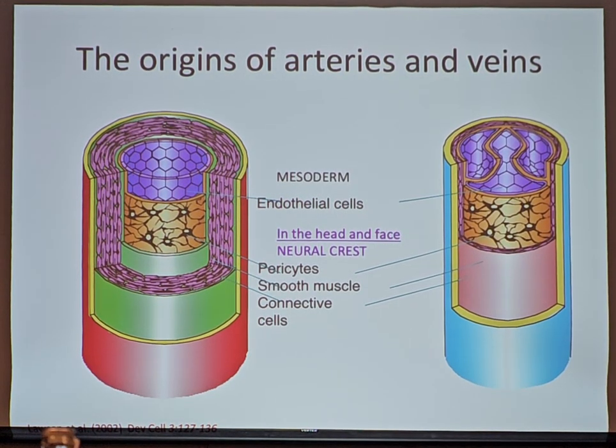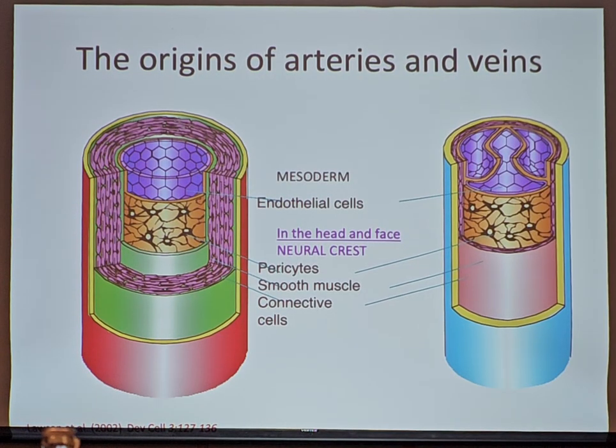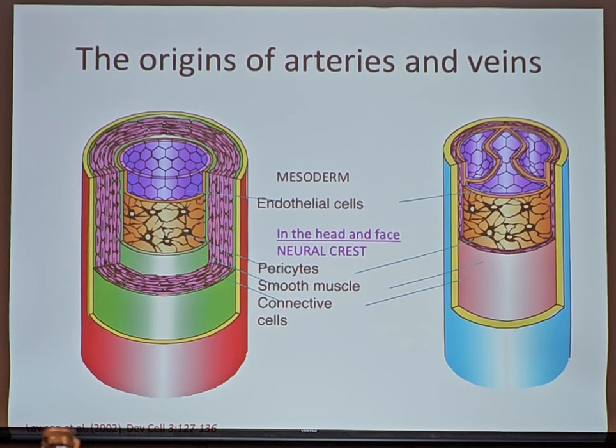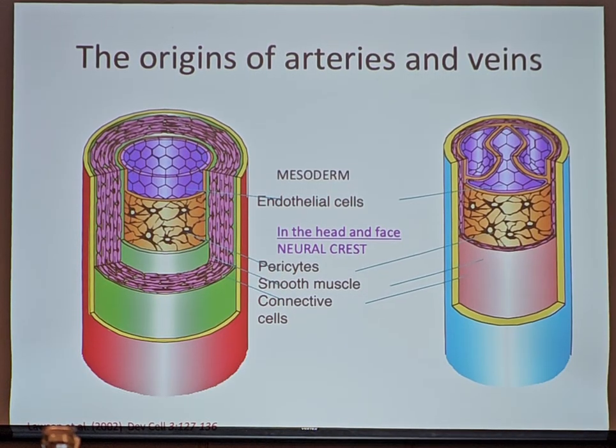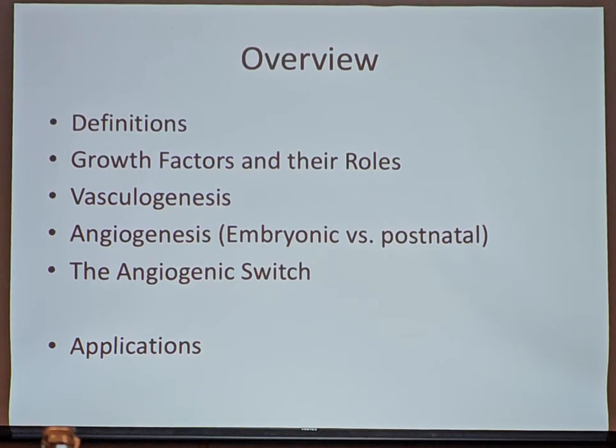It also explains why it is very difficult to make a one-to-one translation of, let's say, how a peripheral stent, an iliac stent, will work in the central nervous system, or how a cardiac stent or a sirolimus-coated stent will have the same effect in the brain, because the vessels have a different origin. So this is, I think, an important factor to keep in mind.